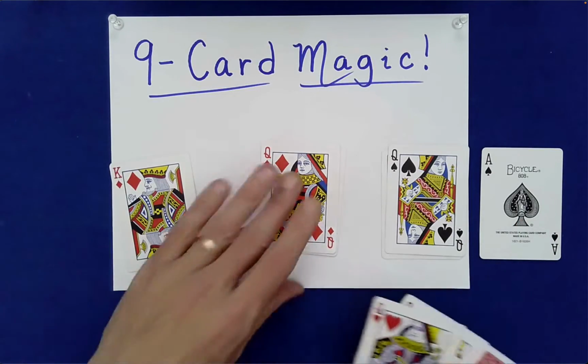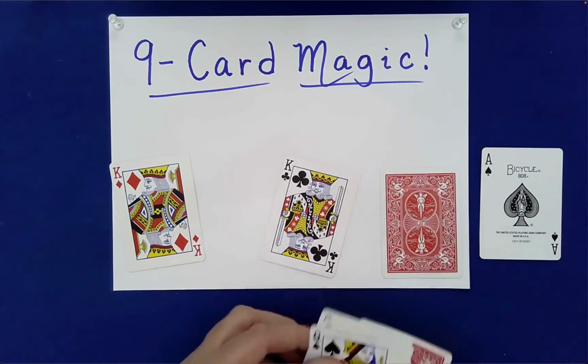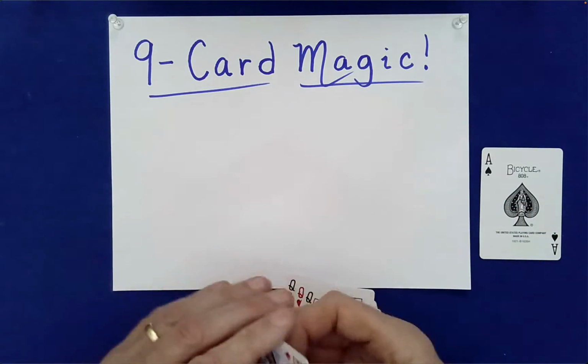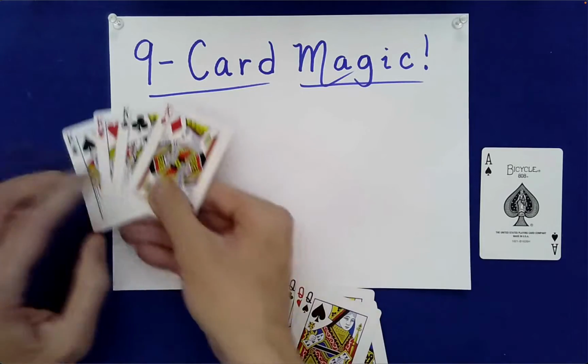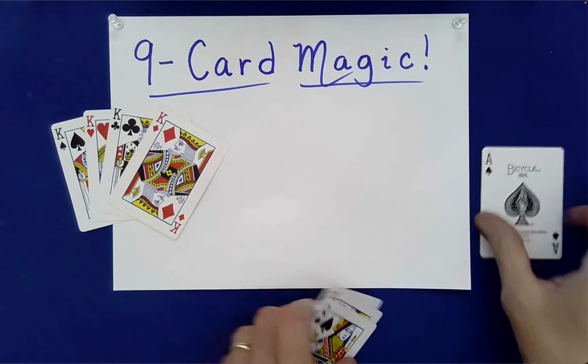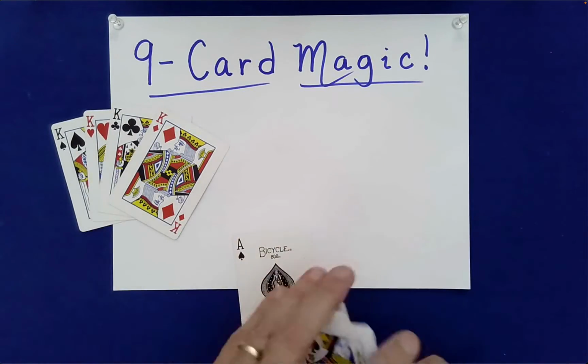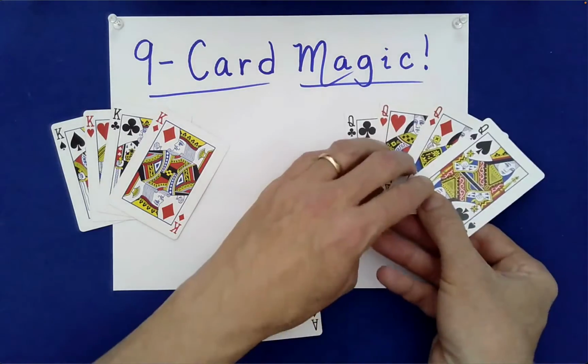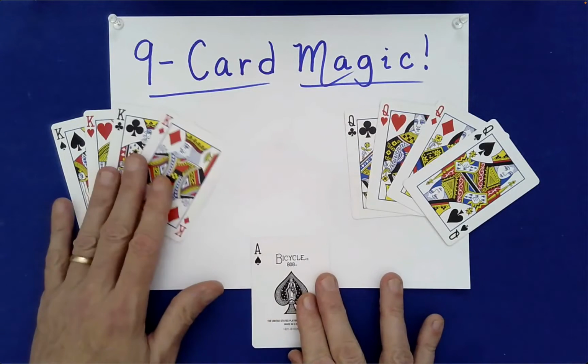So let's go ahead and step through it and explain a little bit of what's going on. We won't explain all of it, as we've talked about in these 9-chord magic effects. A full explanation of the mathematics may come later. Okay, so this is kind of where we started.